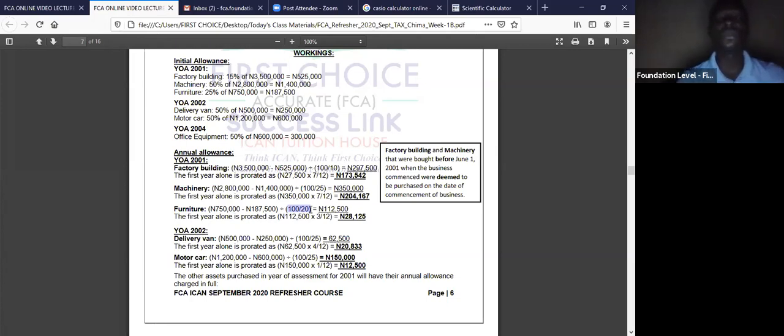How do you know? 100 minus the annual allowance rate, divided by the annual allowance rate, will give you the number of years. So when you divide, this is the amount you get for a full year in the basis period. But because you are prorating it for 3 months out of the basis period, it becomes 28,125. So when you get them together, so if you can see here,